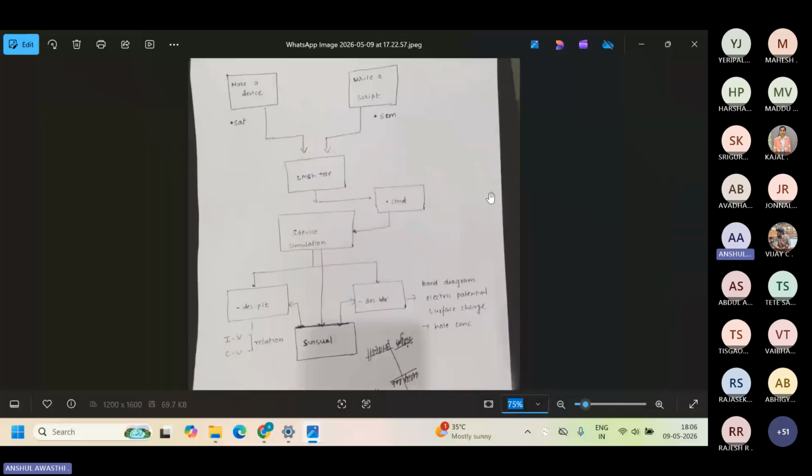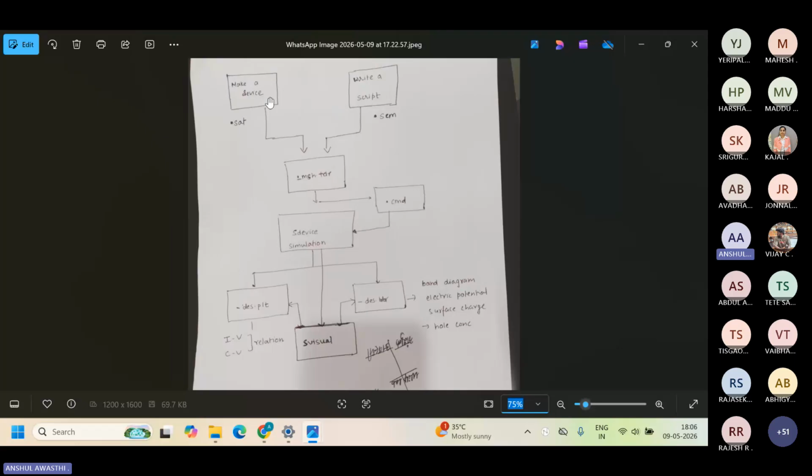So this is the whole block diagram. It shows you how we will go through the experiments, what we have to follow in each and every experiment. What are the processes we have to follow through this flowchart? I'll explain you. So as I told you in the PPT also,